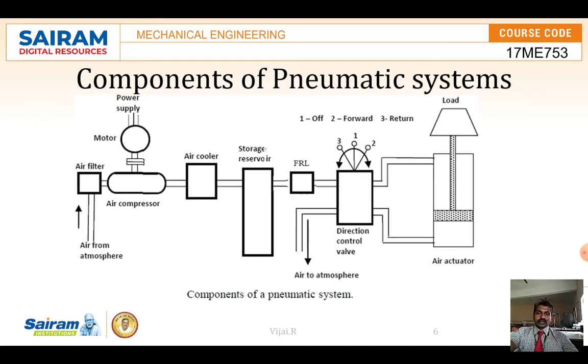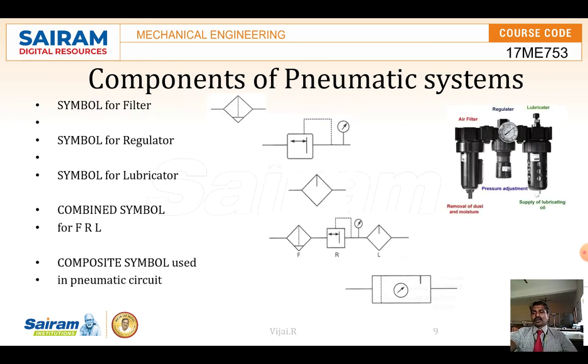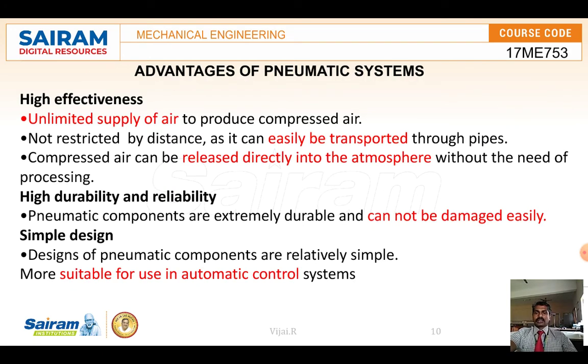So these control valves are used for the flow of fluid, and finally the cylinders are used for the work. The air is sent back out after completion of the work, because it's only atmospheric air. The components of the pneumatic system are the filter, regulator, and lubricator. The symbols are like this, and the combination is the FRL unit: filter, regulator, and lubricator. Lubrication is also needed for the piston movement. If it moves continuously, it will heat up and wear, so lubrication is needed along with the air.